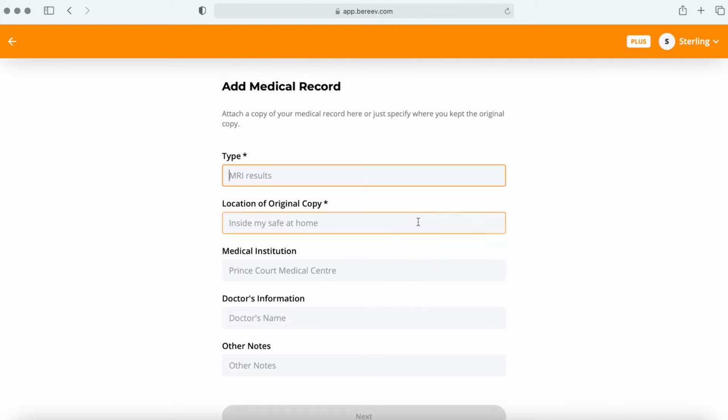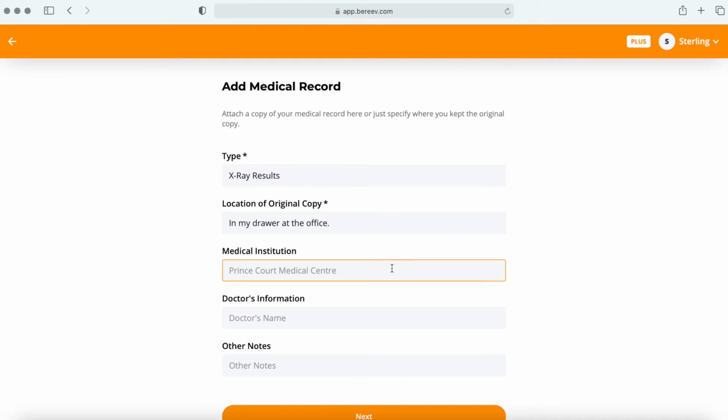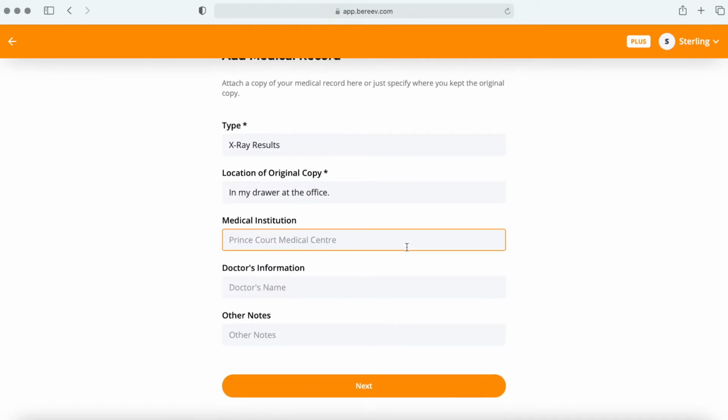So let's just say this is my X-ray results. Next, where am I keeping the original copy? So let's just say in my drawer. You can also specify which medical institution or hospital did you get this record from. So let's just say